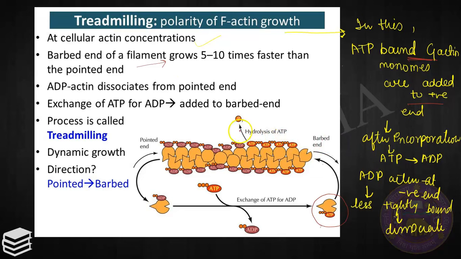आफ्टर इनकॉर्पोरेशन एटीपी का हाइड्रोलिसिस हो जाता है, वो फिर कन्वर्ट हो जाता है एडीपी में। तो एक तरीके से बार्ब्ड एंड की तरफ से ग्रोथ होने लगती है और एटीपी एक्टिन की तरफ से डिसोसिएट होने लगते हैं मोनोमर्स। तो इसका जो रिजल्ट होता है वो ये आता है कि देयर इज नेट एडिशन इन द प्लस एंड एंड नेट लॉस इन द माइनस एंड, पर इनकी पूरी फिलामेंट की जो लेंथ होती है स्टेज द सेम।